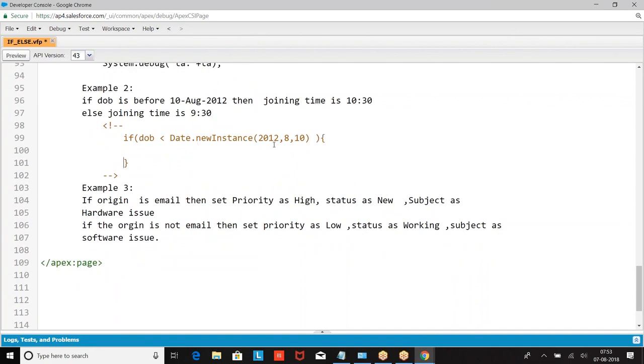If it is 2012 8 10, then we are going to set the time.